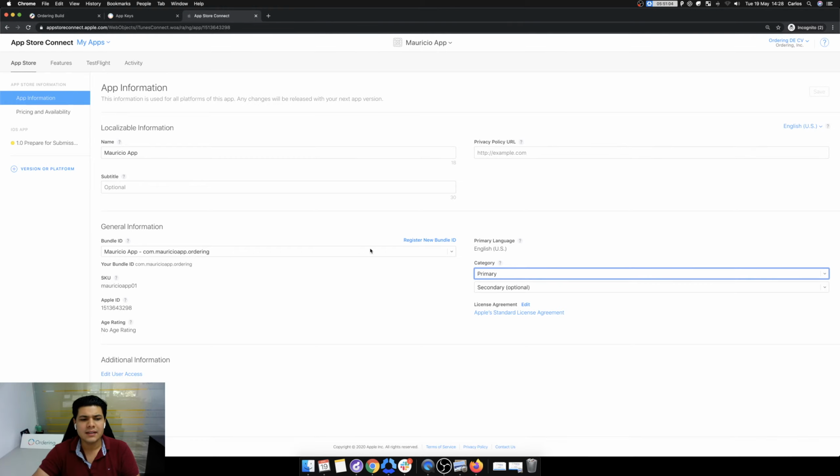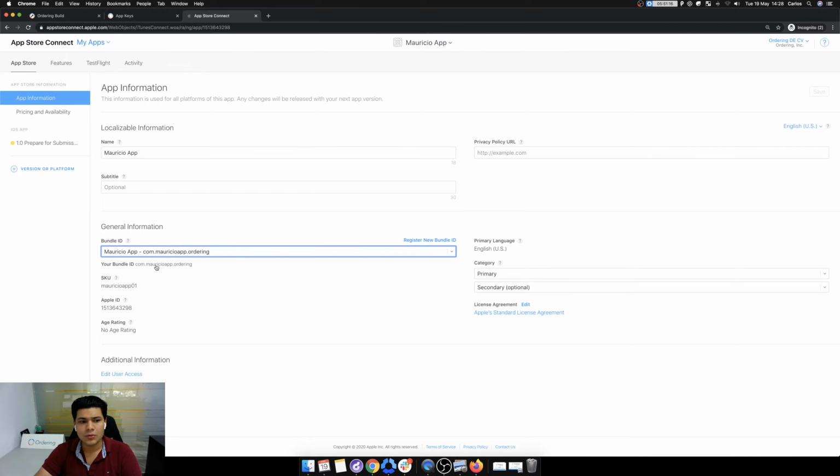The bundle ID is selected when you create the first app, so it should be the same here as when you created the app, or you can change it if you make a mistake. But this is very important to make the match with the builder IPA file that you're uploading. This is why also, Ashar, we put the to avoid any issues. Then when you put here free, you also have to edit the availability country if you want it to be in your country only, or everything that you put here. Find it quickly.